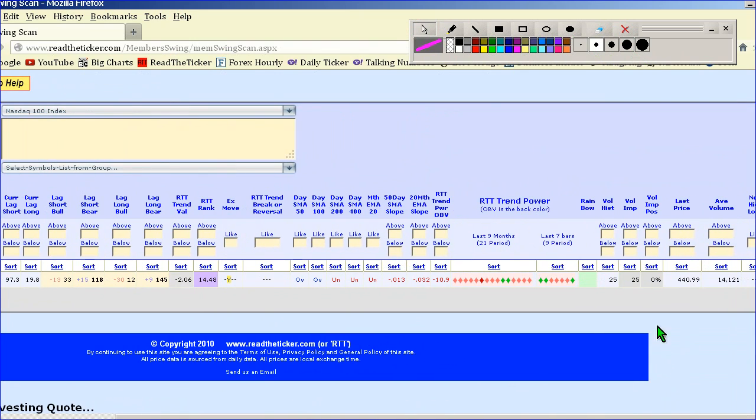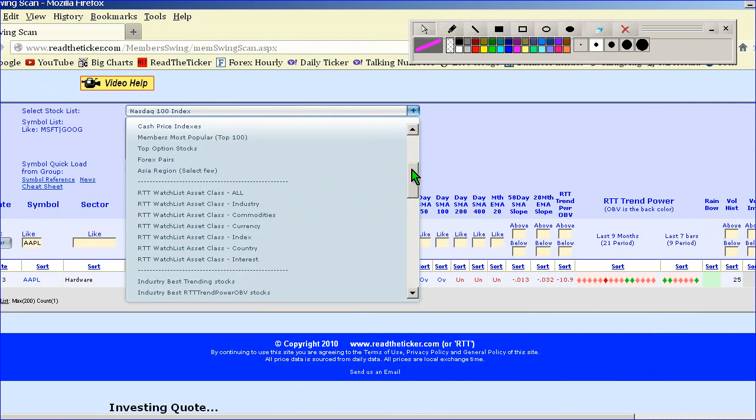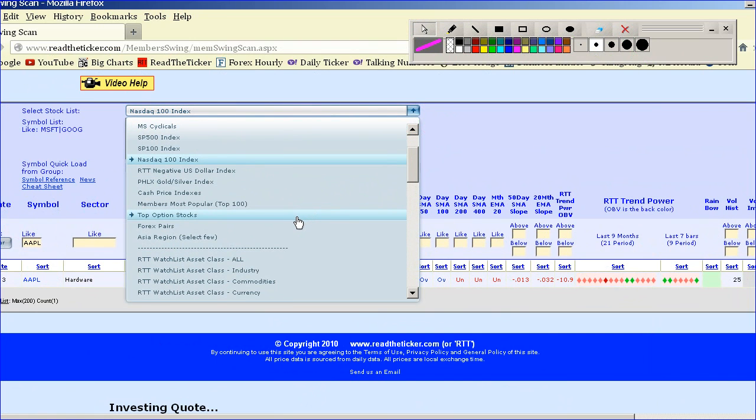Yep, Apple's in the NASDAQ. So we go along here, you'll find that the volatility implied position reading is 0%. The latest reading of implied volatility was 25, and the latest historical reading was 25. So therefore, the swing scanner lists